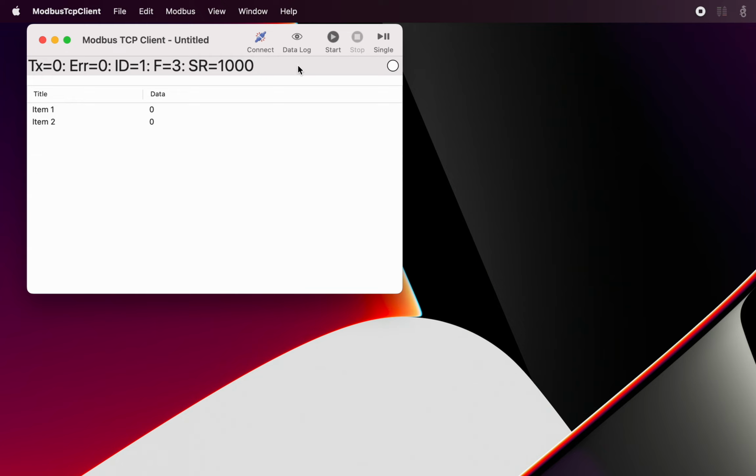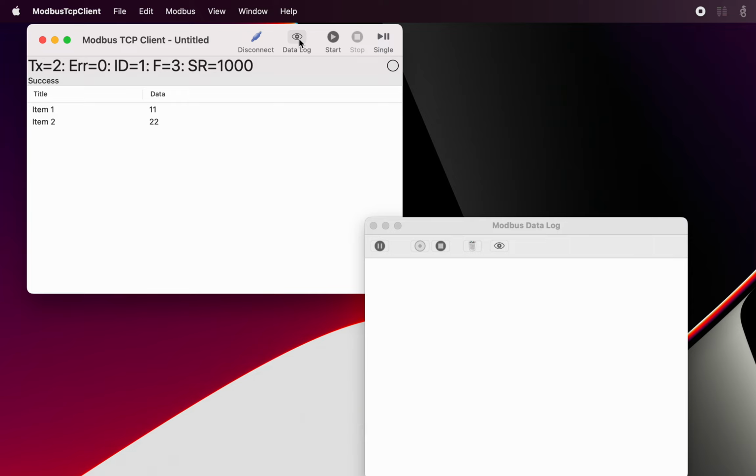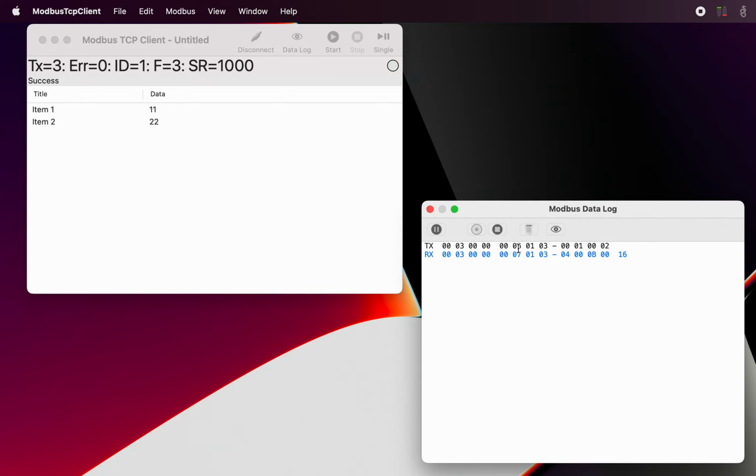So let's just retrieve some data here just once. There we go. So we can see that all that data transmission is working. We might just have a quick look at the data log and see what that transmission looks like. Okay, now that we've done that, we have got the ability to do some testing by using what's called the